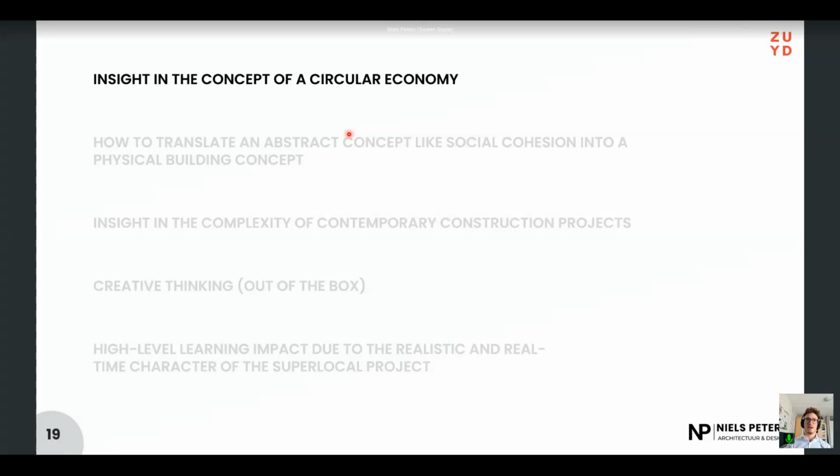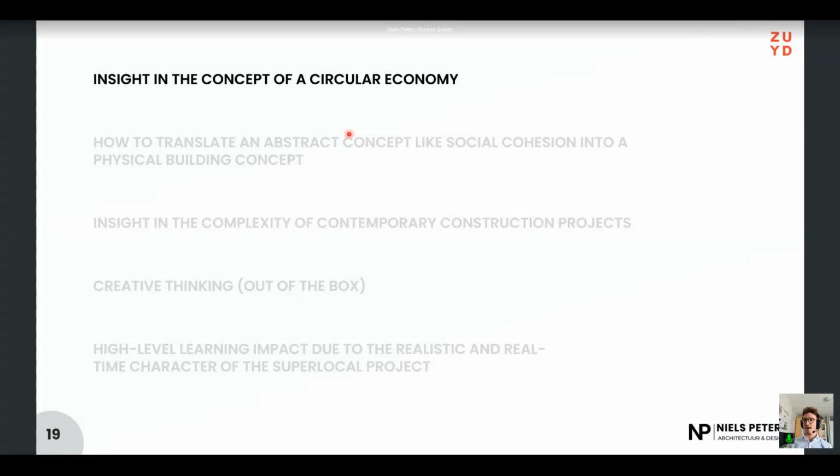This, despite the fact that circularity plays a very important role in every contemporary construction project, especially in view of the requirements that are imposed by the Dutch government. For example, the government expressed the ambition for the Dutch economy to be fully circular by the year 2050. So basically, no matter how you look at it, circularity will play a role in every future building